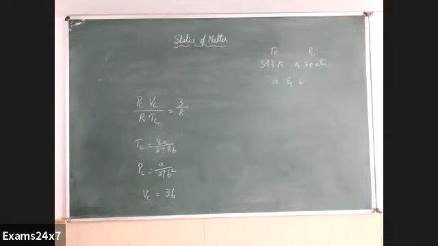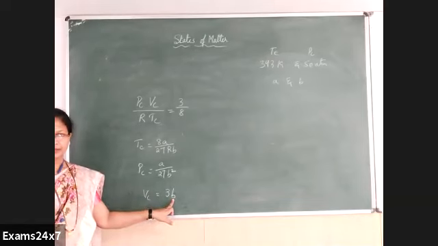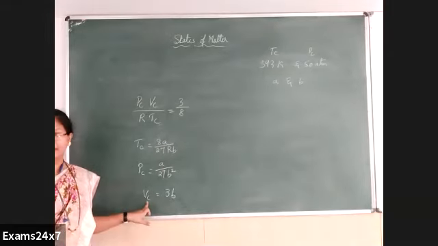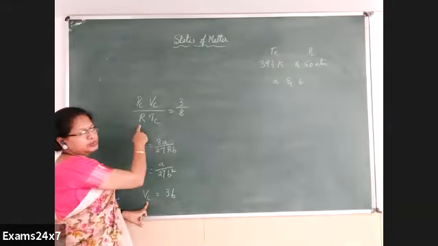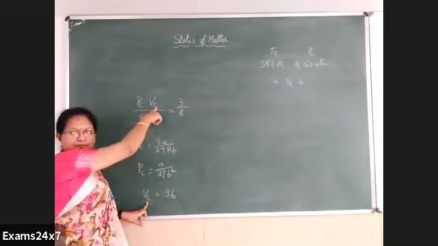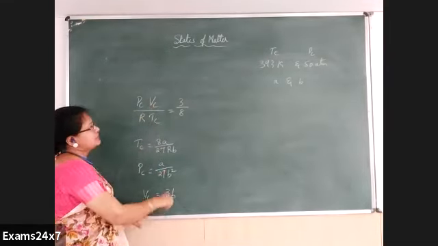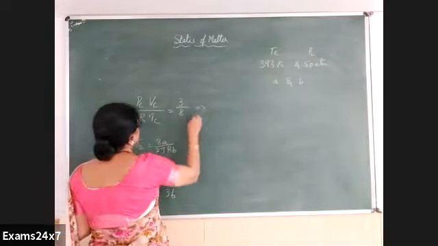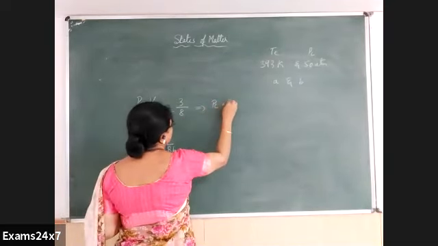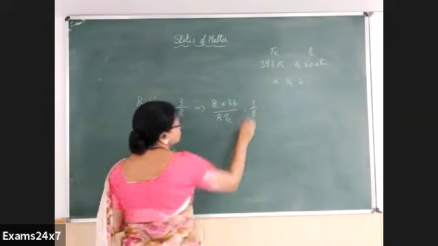can you calculate? You can first calculate B, right? How? VC is not given. In this formula, you know PC, you know TC, you know the value of R. VC is unknown. You can take VC in the form of 3B, isn't it? So you can make this equation as PC into 3B by R into TC equal to 3 by 8, correct?